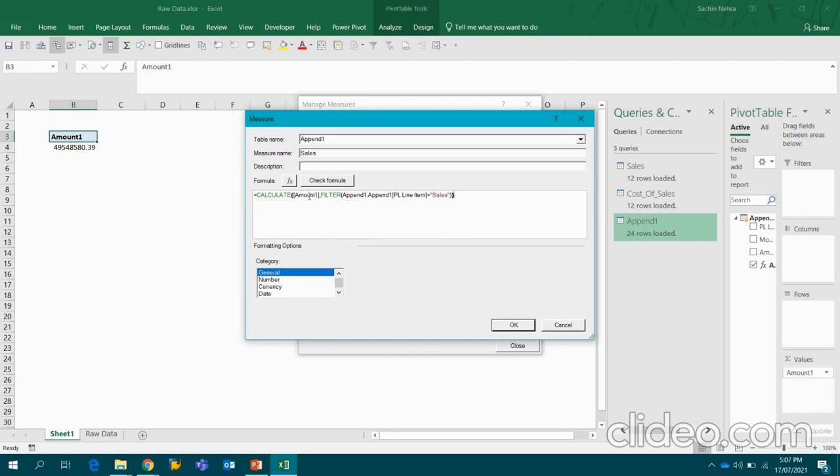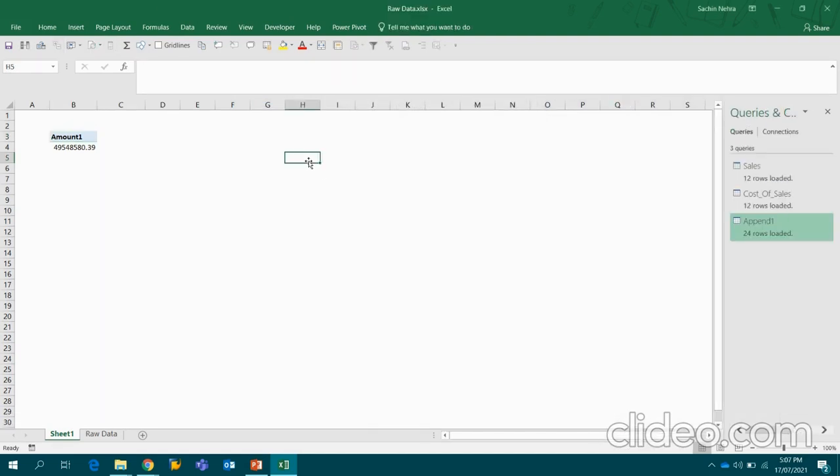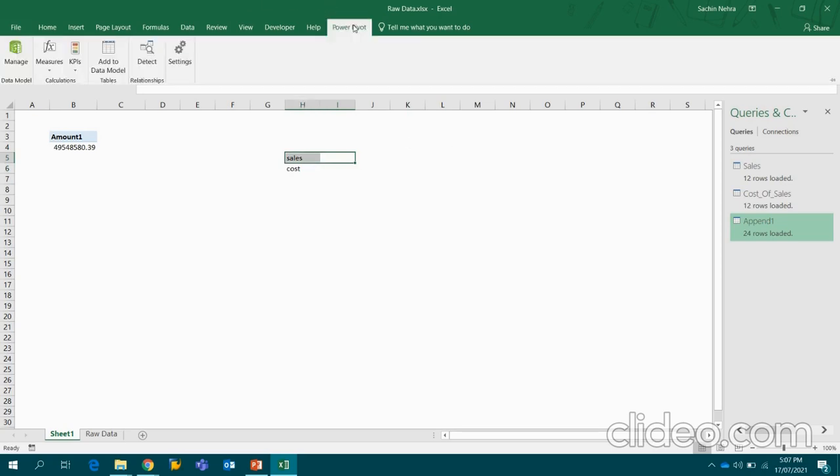So earlier we prepared the measure amount, which was just a simple sum of the value column, which had the sale as well as the cost of sale. Now I am breaking that into only those values which are for the sales. So for example, I'll just explain. Let me just close it. As in our raw data, it was sales, it was cost of sale. In the amount, I simply summed all these values. When I'm making the measure for the sales, I'm just taking simply this much of the values. So this is what I did in the measure.